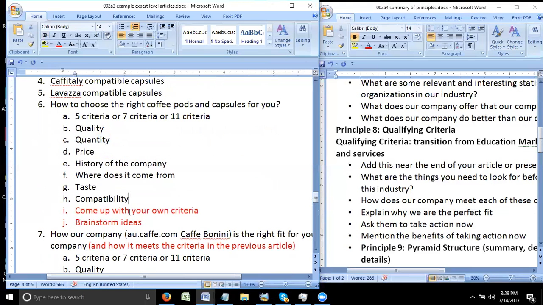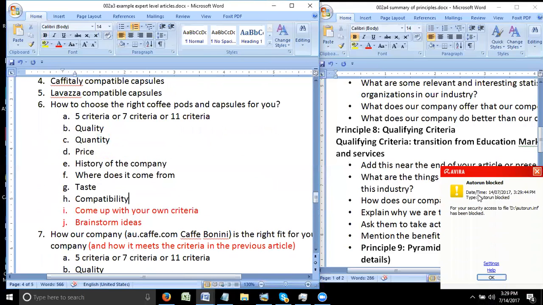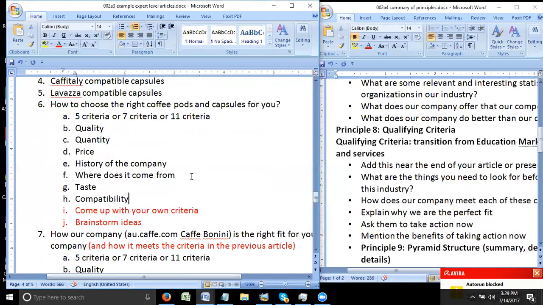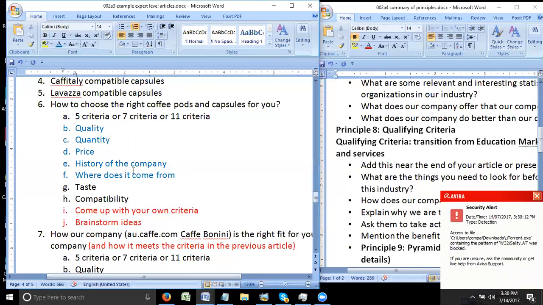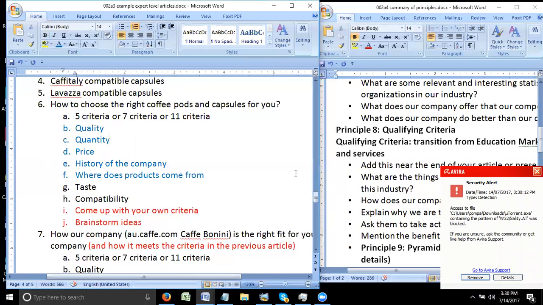So, the advantage to doing it this way is you never run out of topics that you can write on. You never lose ideas. You never encounter writer's block. You always have an idea what to write on in any industry, because you can practically use, I'm just going to highlight it in blue, the parts that you can practically use in any industry: quality, quantity, price, history of the company, where does it come from, where do the products